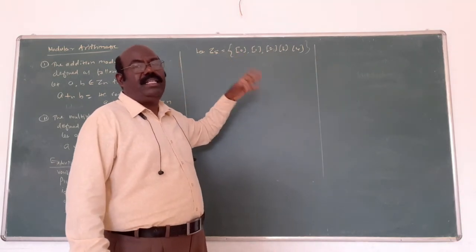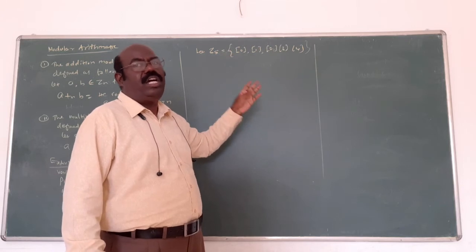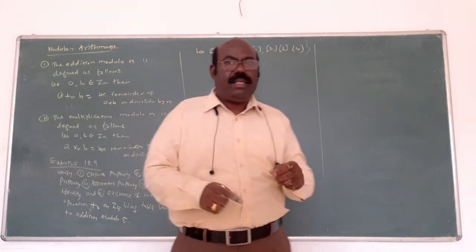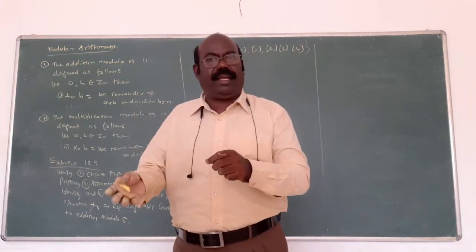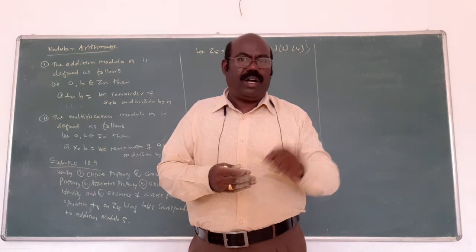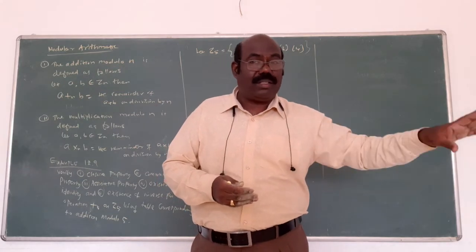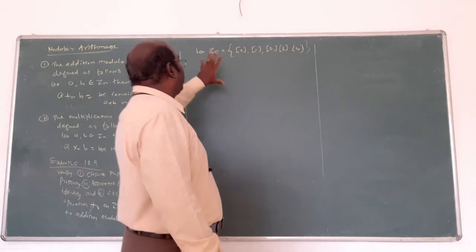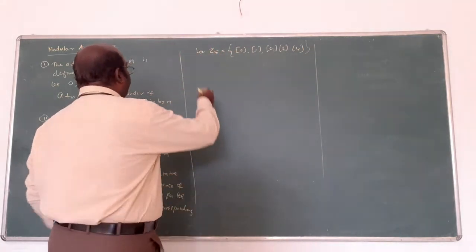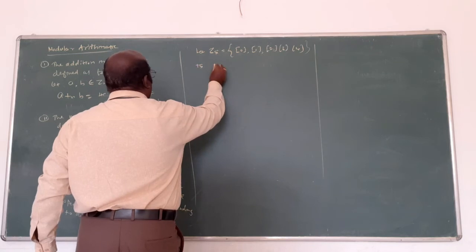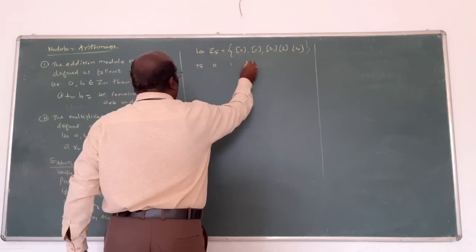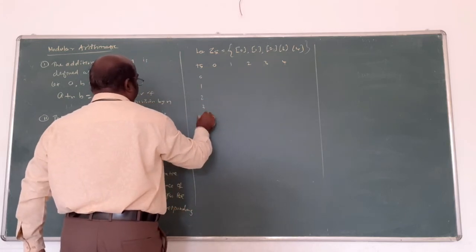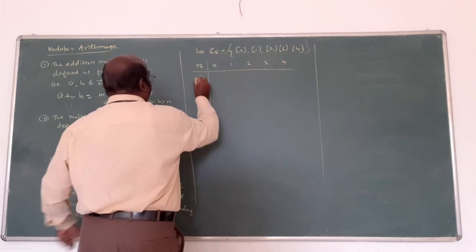Z5 represents elements starting with 0 up to 4, not 5. Addition modulo 5 means anything 5 and above will be divided by 5. How many times we don't need; you want the remainder, write the remainder only. That's why 0 will come. These are the elements. Now put the table. The elements are 0, 1, 2, 3, 4. In this way you write the elements. Am I correct?